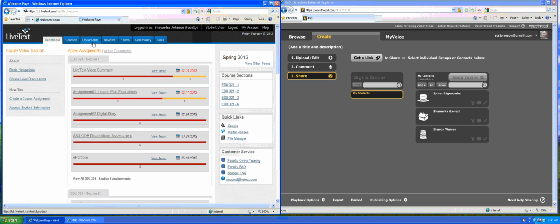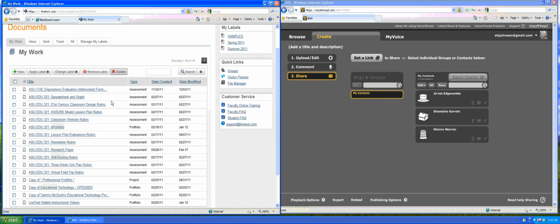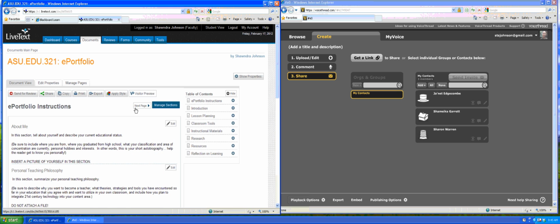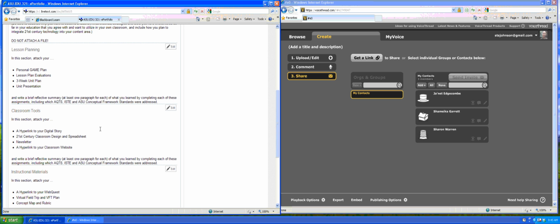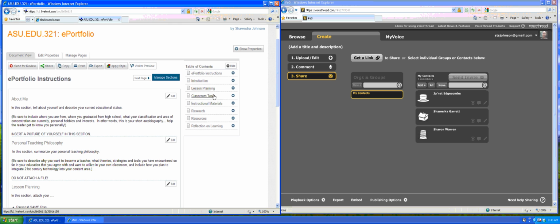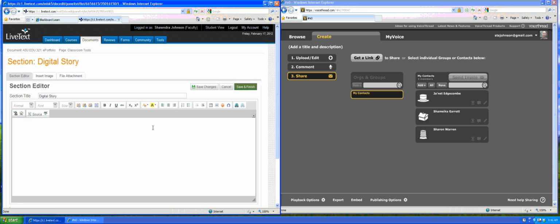I want to remind you to also make sure each time you submit an assignment that you go ahead and open your ePortfolio, find the section where that assignment belongs. For example, the link to your digital story will be under Classroom Tools. So if you click Classroom Tools in the table of contents, there will be a page for the digital story. You can edit that section,